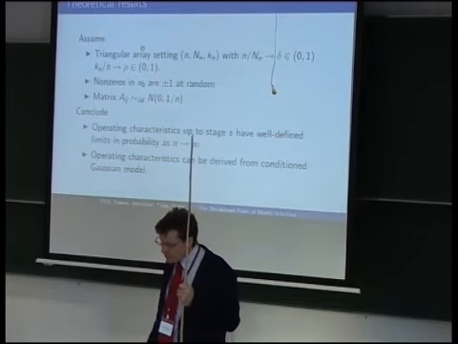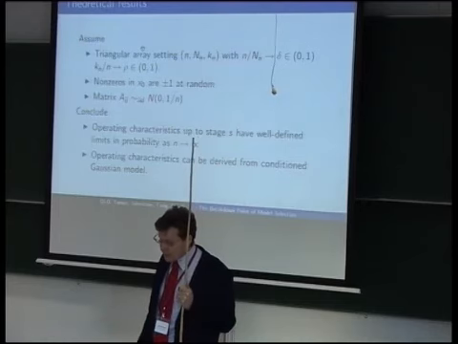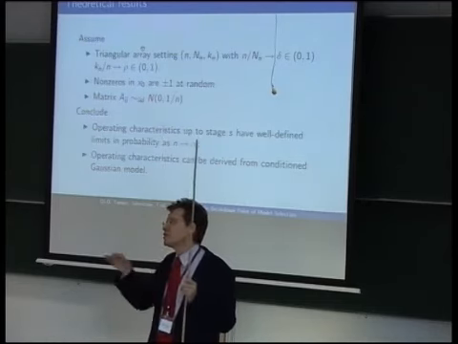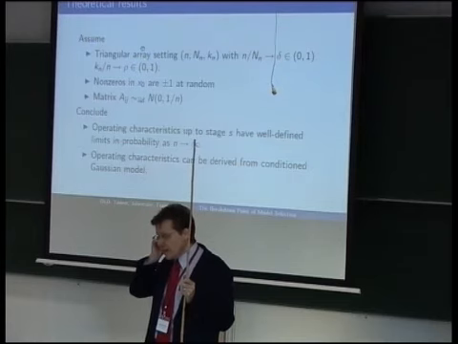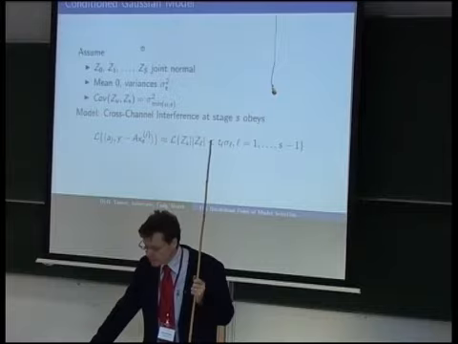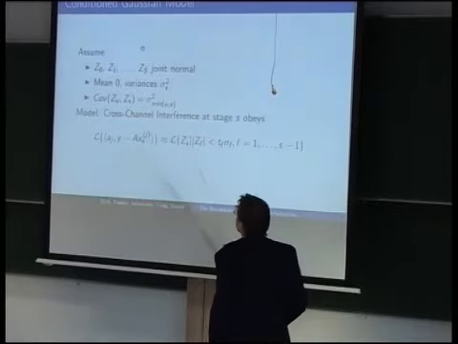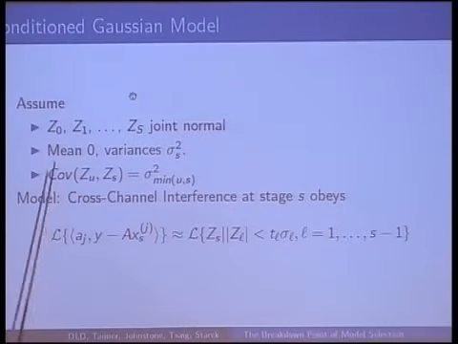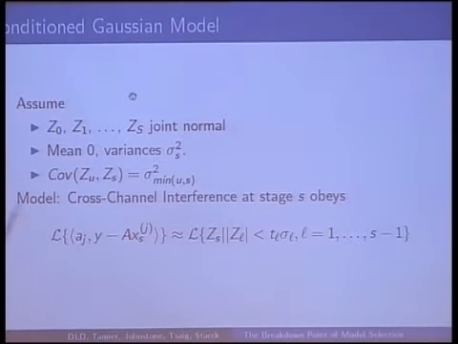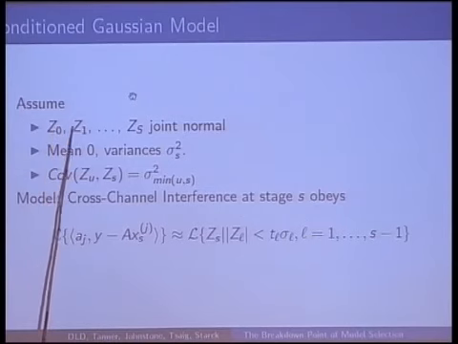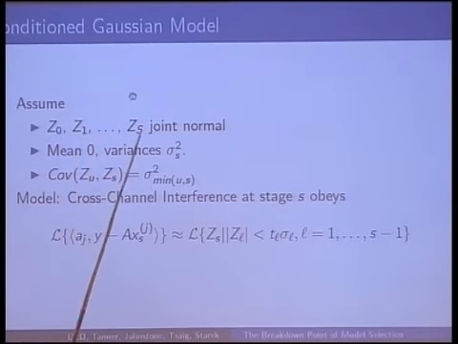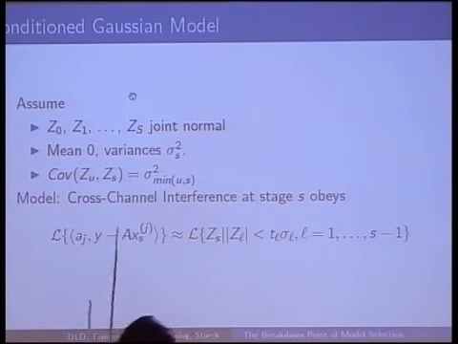And the way you do it is you again use this triangular ray setting, and you measure the operating characteristics of the thresholding at each stage. So how many misdetections and false alarms there'll be, and out of that you can derive everything that you need. The underlying thing that's going on is that the cross-channel interference that you have at each stage obeys a limit theorem of an interesting form, which is that the cross-channel interference at the different stages of the algorithm behaves exactly like a random walk.